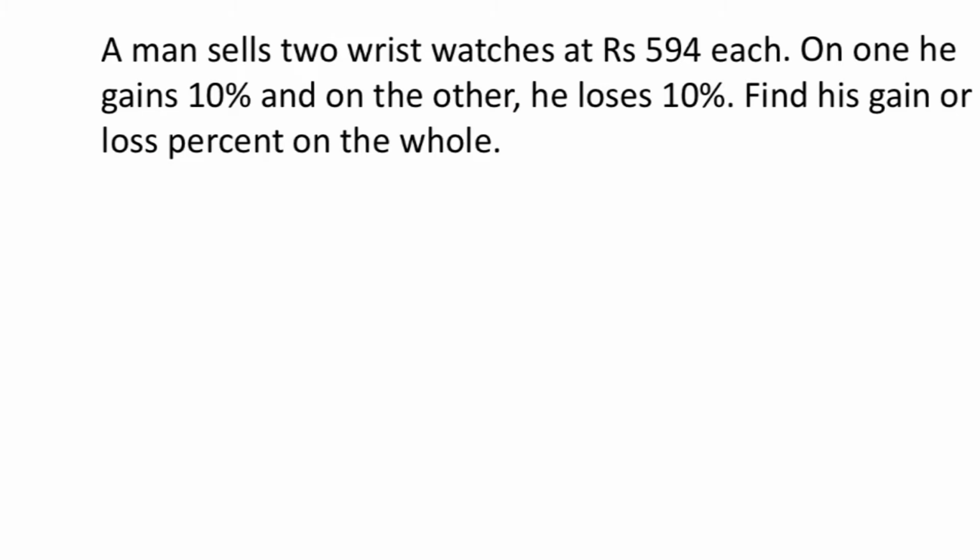A man sells 2 wristwatches at 594 rupees each. On one, he gains 10%. On the other, he loses 10%. Find his gain or loss percent on the whole. Here the selling prices are equal, each is 594. On the first there is a profit of 10% and on the second there is a loss